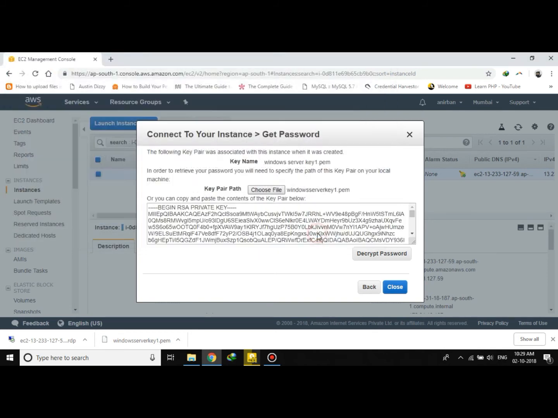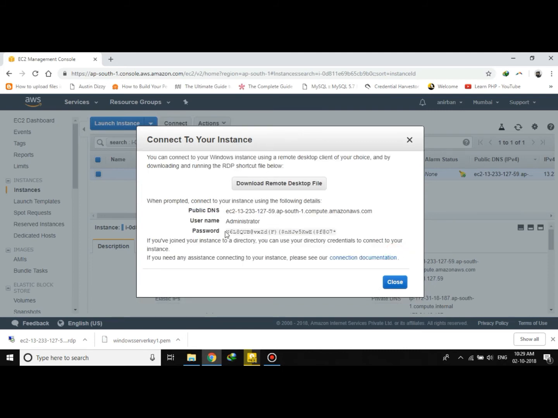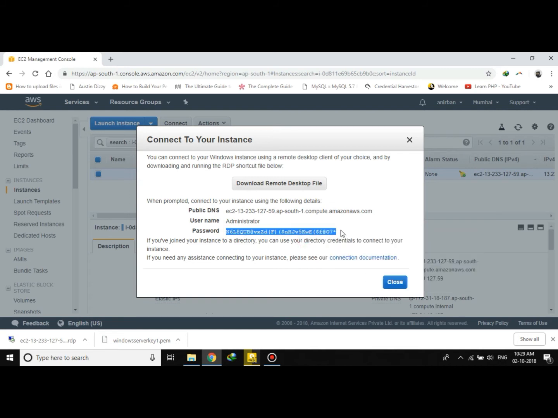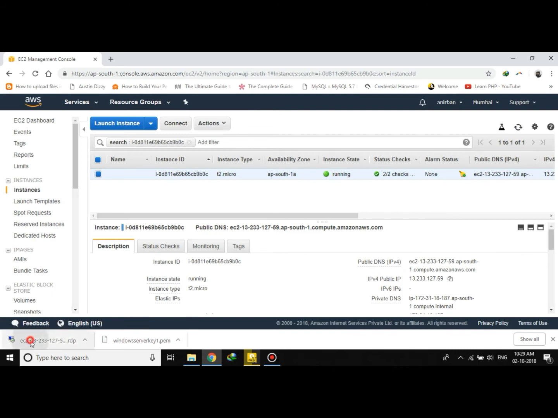Okay, just upload it and click on decrypt password, and you will get a password over here. So this is the password for connecting to my instance. Okay, now I will copy that. I have copied this one and also downloaded this file earlier, so I will just click on this file,